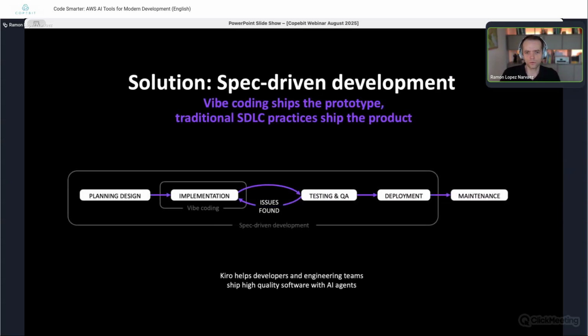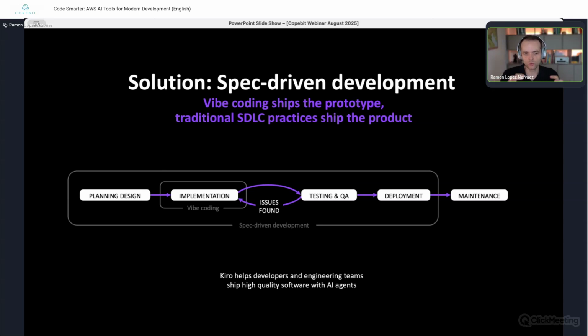Now, what we then thought, and this actually came out of the idea to introduce test-driven development with AI assistants, we implemented and came up with a concept called spec-driven development. What we have usually been calling vibe coding in the past is really this implementation step. You're in the IDE and you interact through a chat interface with this AI assistant, and you're just making one change after another, and you really direct this AI assistant step by step.